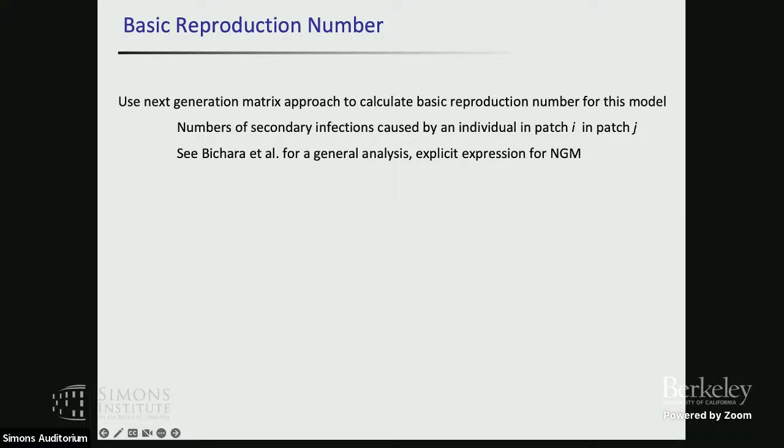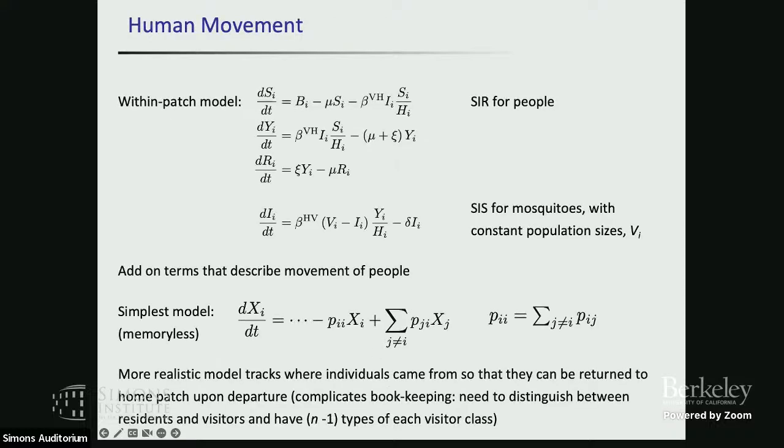In your model where people return, do they visit random patches, but they always return to one patch? So I have a home patch, so I don't have a workplace and a home place. No, in the model that I've looked at, they will just visit other patches at random with some set of probabilities, and then they'll go back. So you don't have the same individuals going to the same places. So you don't have the repeated movement that would for sure be what really happens in the real world.